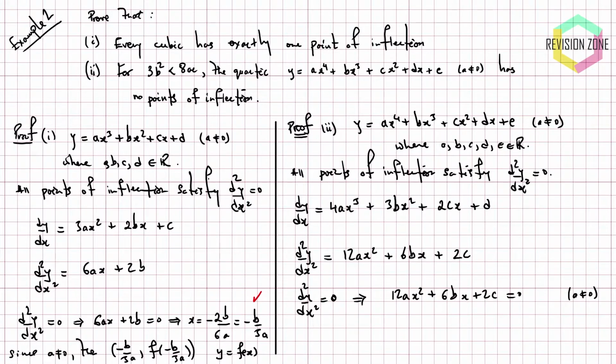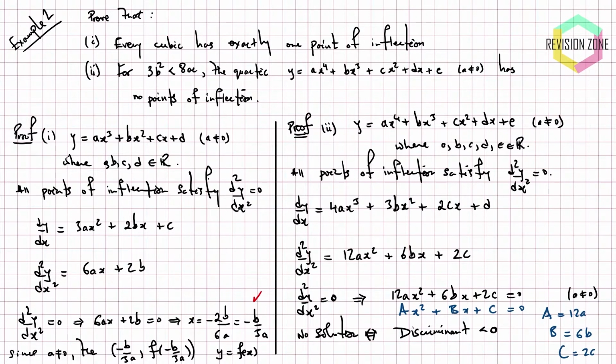So what do we know about quadratics not having any solutions? We know that no solution happens when the discriminant is negative, right? So in this case, we can write our quadratic down as capital A X squared plus capital B X plus capital C equals 0, where of course our A is going to be 12 lowercase a, our B is going to be 6 lowercase b, and our C is just going to be 2 lowercase c. So when we write down our discriminant, we say B squared take away 4AC is less